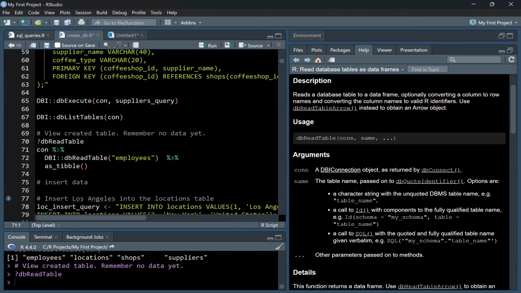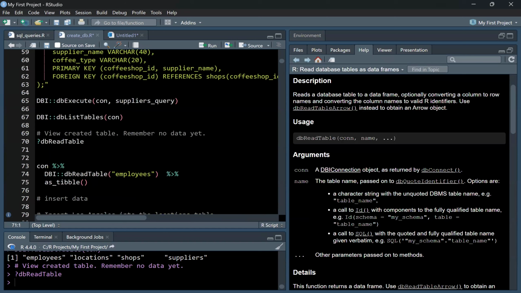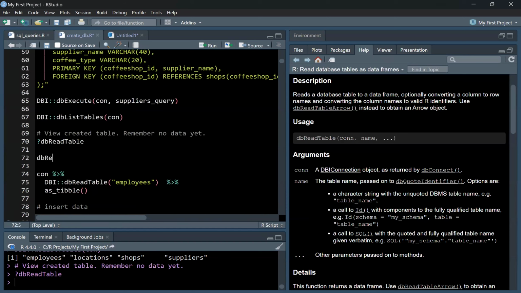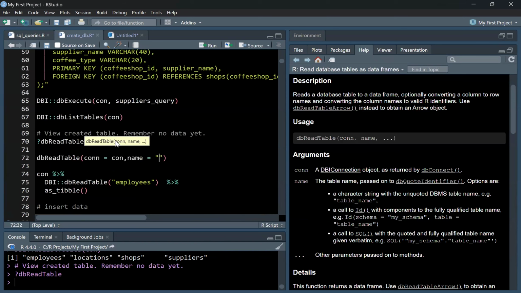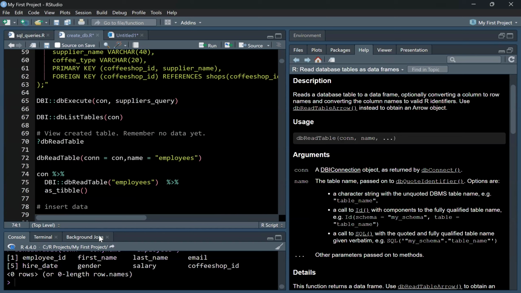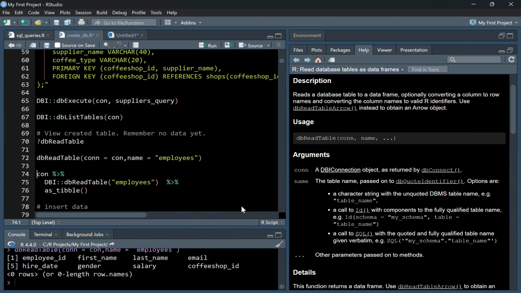So I'm using the pipe here, but you can also simplify the function as db read table. Then the first thing is the connection, which is going to be our con. Then next is going to be the name of the database and the table. Excuse me there. So if I run this, I will get some information about